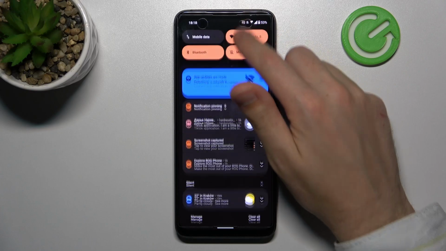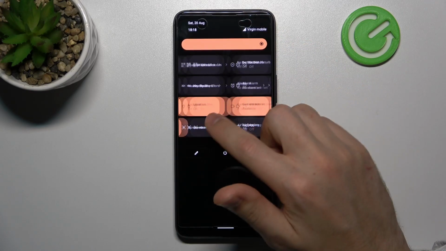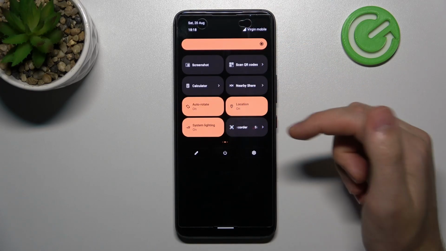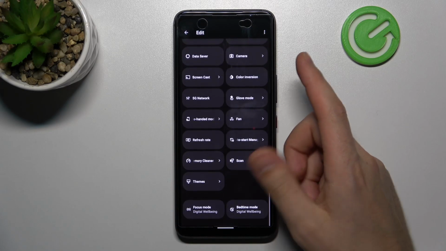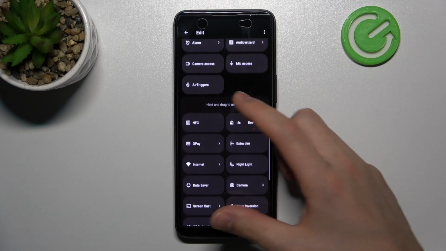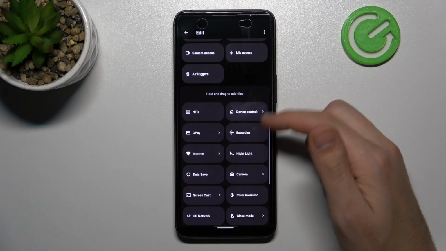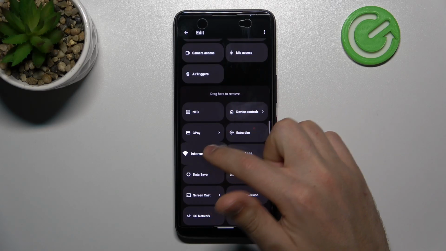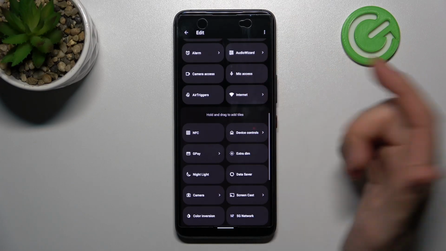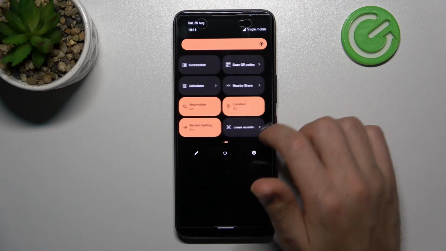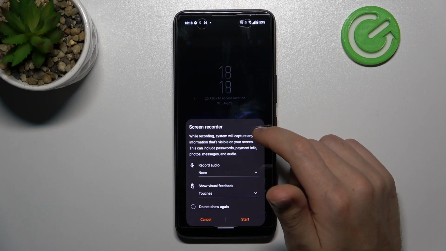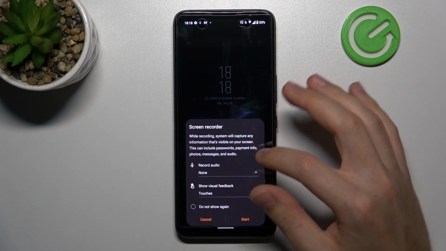First of all, open your top navigation bar and find the screen record button here. If you don't have this button here, tap the pencil, scroll down, find this button in this block, and then press and hold like this and drag to the top to add. And when we add it, click back to save, and now tap on our screen recorder button, and here we get